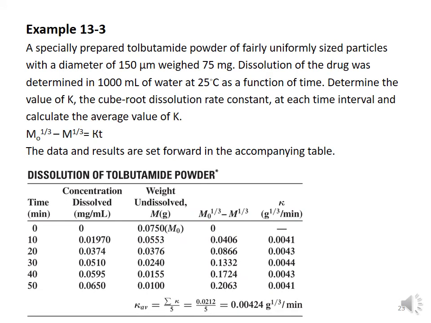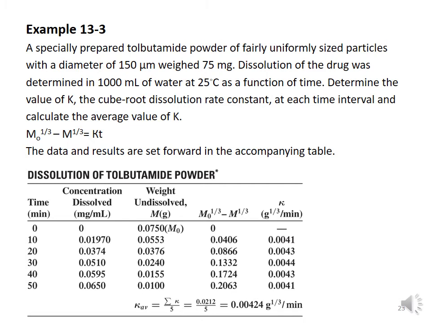This is an example of how the Hixson-Crowell model is being applied. A specially prepared tolbutamide powder of fairly uniformly sized particles with a diameter of 150 micrometers weighed 75 milligrams. The dissolution of the drug was determined in 1000 ml of water at 25 degrees Celsius as a function of time. Determine the value of k, the cube root dissolution rate constant at each time interval, and calculate the average value of k. These are the data usually